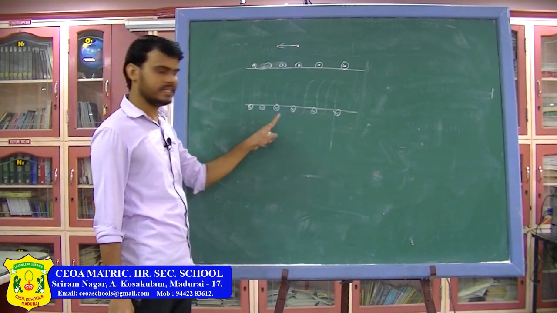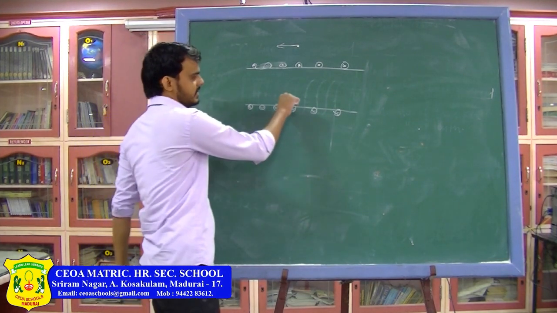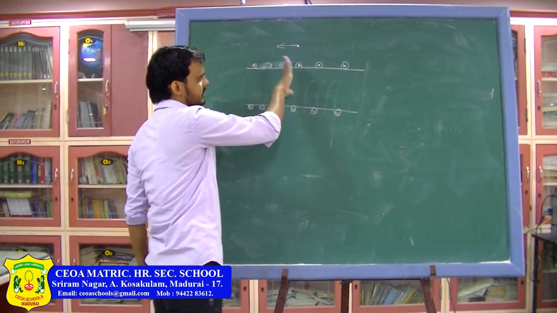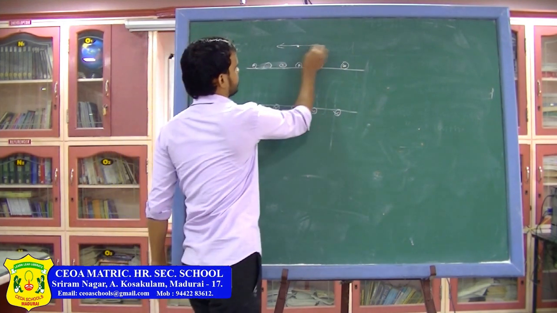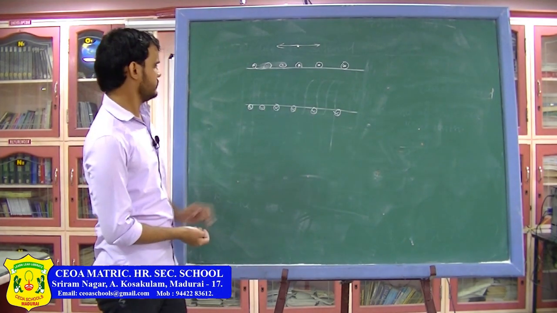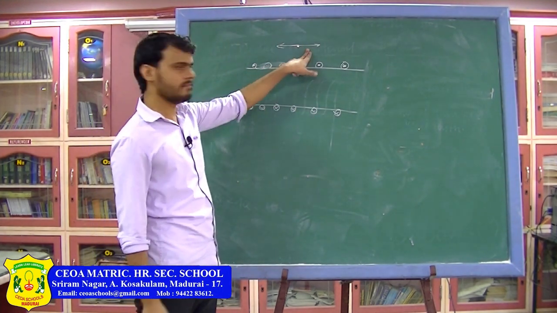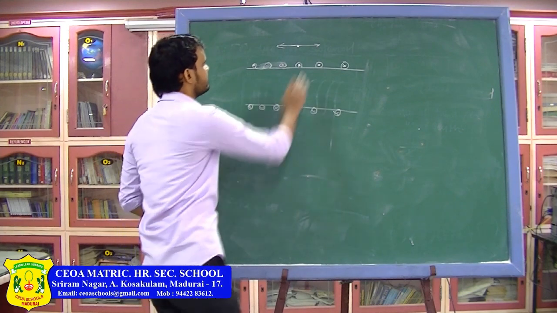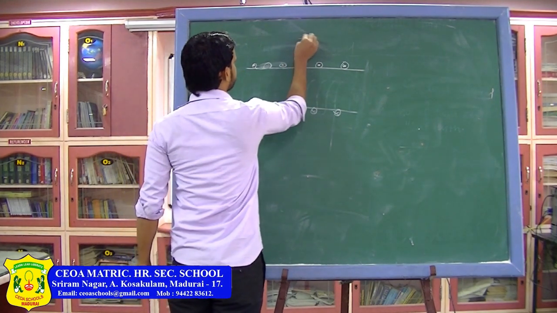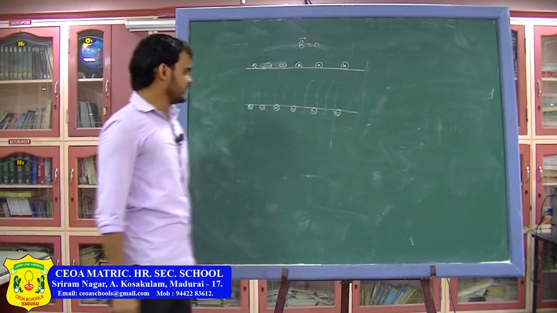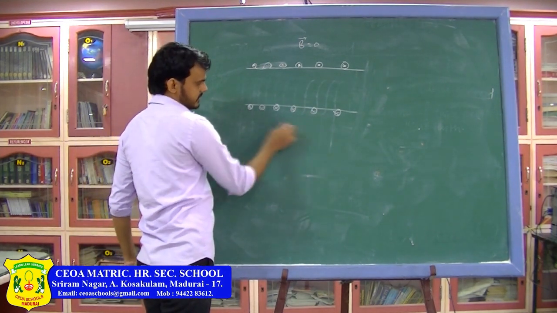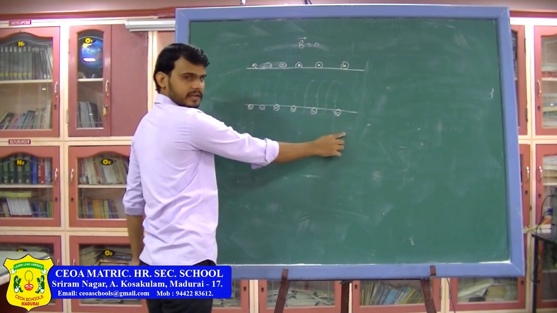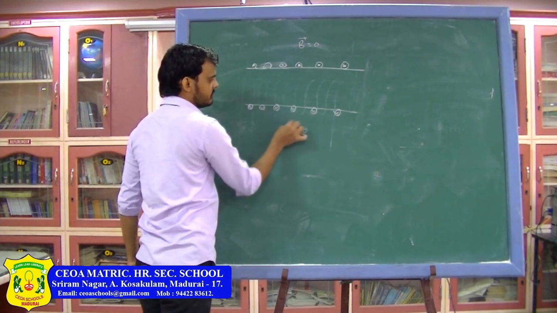Similarly, due to this, the current is going in and the point is here, so the direction of magnetic field due to these wires will be in the opposite direction. If you see, the magnitude of this one and this one is the same, but the direction is opposite, so here the total magnetic field will be 0. Similarly, at this point, due to this wire it will be in this direction, and due to this one it will be in that direction. So here also the magnetic field will be 0.